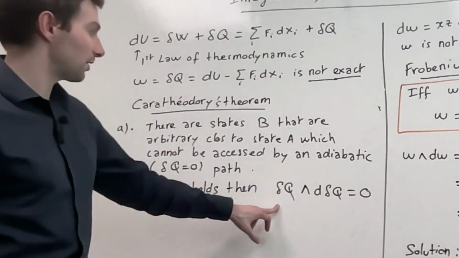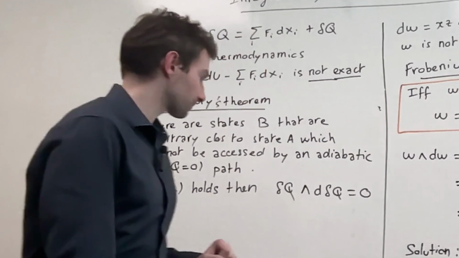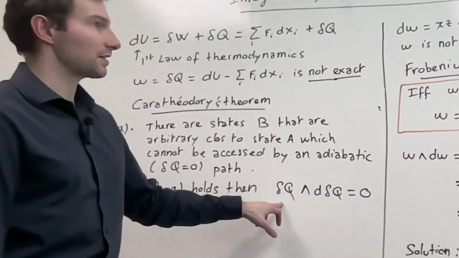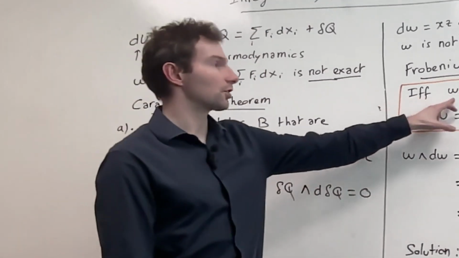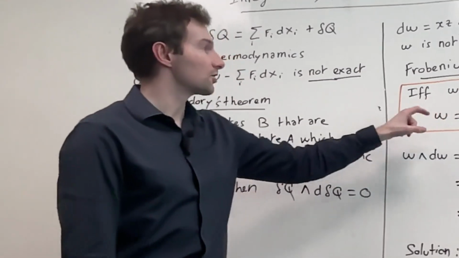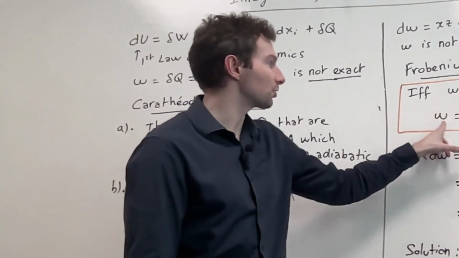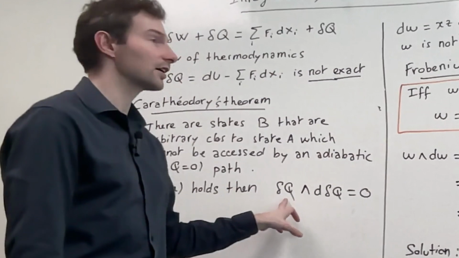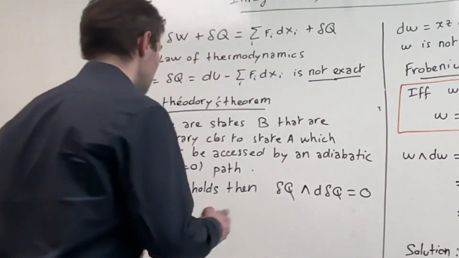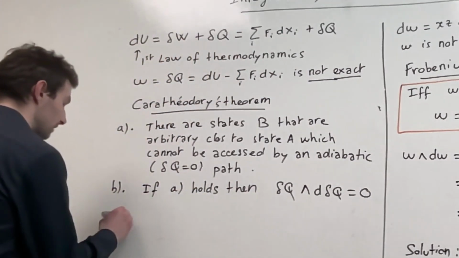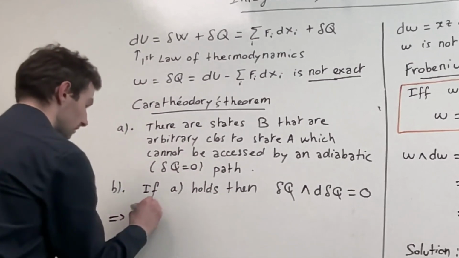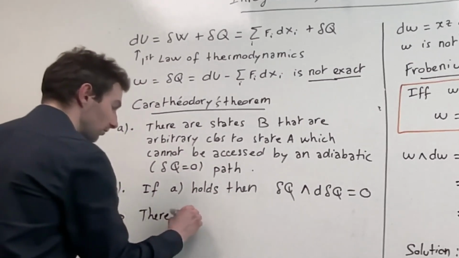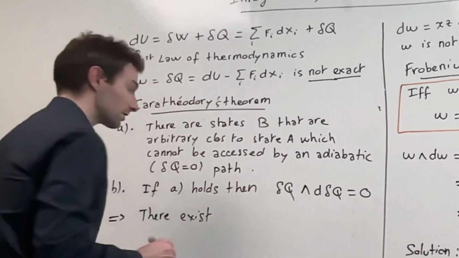And here I basically bring you back to this. It tells you that we are in the context of Frobenius theorem, and so if we are in this context, it means that we can write omega, which is δQ, in a form such that it follows from this that there exists, and essentially that's the definition that Caratheodory gives to this,